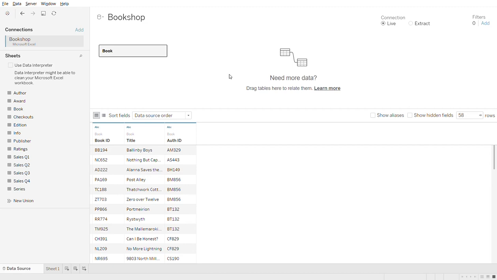So the first way we can combine two datasets is by relationship. This was introduced in 2020.2. If you have a Tableau Desktop older than that, you will not find this feature. But as you see, I'm in the data source pane and I drag the book sheet from a bookshop dataset. If I drag author, as I drag author, you can see there is a relationship